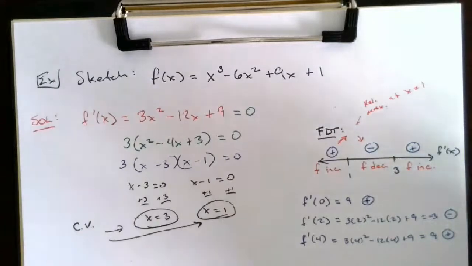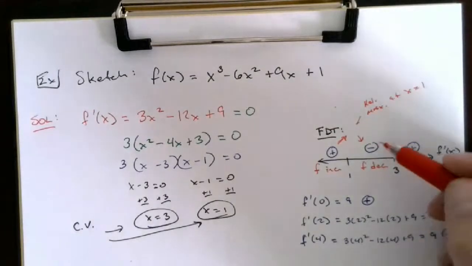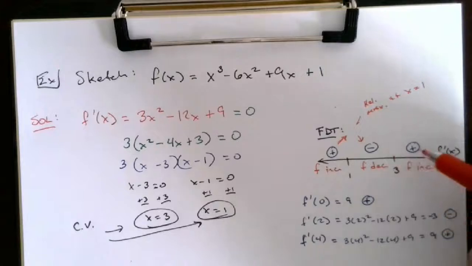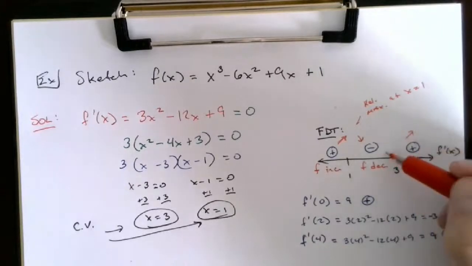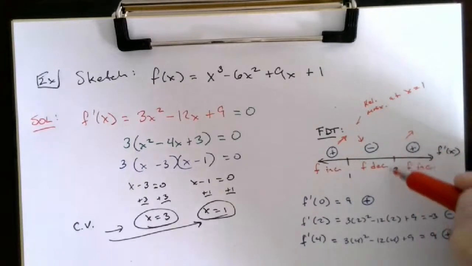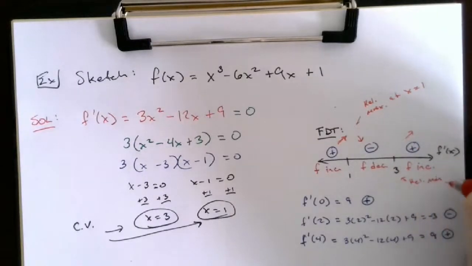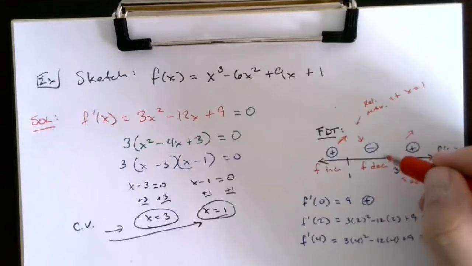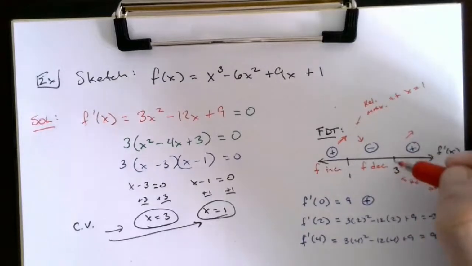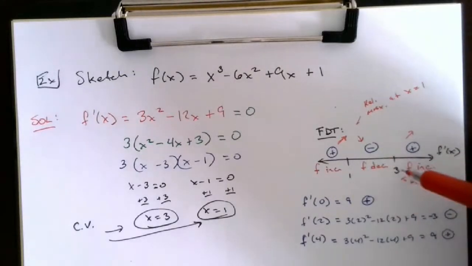All right? And what happens when we go to 3? Well, we're decreasing, so we're going downward, and then we're going upward. Well, if I'm going downward and then coming upward, then at 3 I have a relative min at x equals 3, because the graph's function is decreasing and then increasing as you go to 3, right? It decreases as you get to 3 and then increases after, so you're going down then coming up,